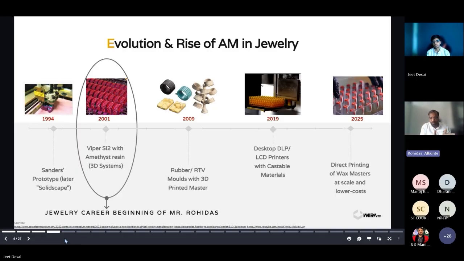So first we used to make a CAD. That CAD used to be 3D printed, and then we used to make a master out of it, then inject molten wax, take out the casting. You can see the